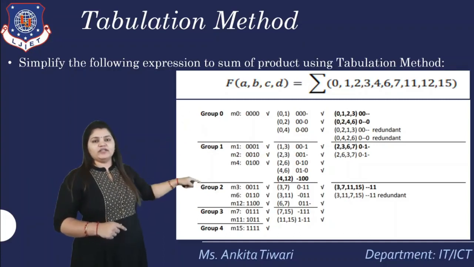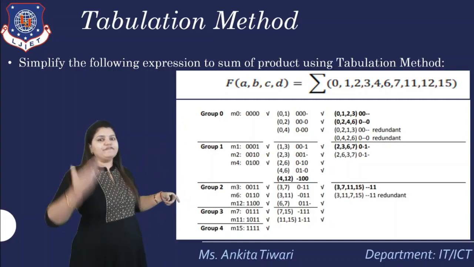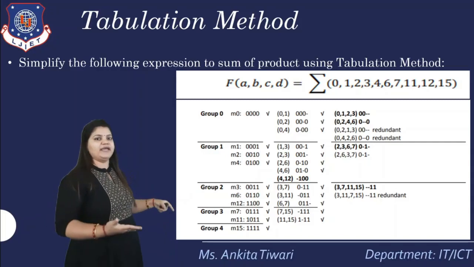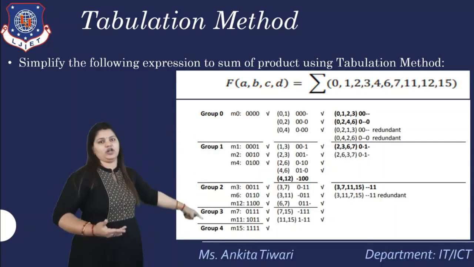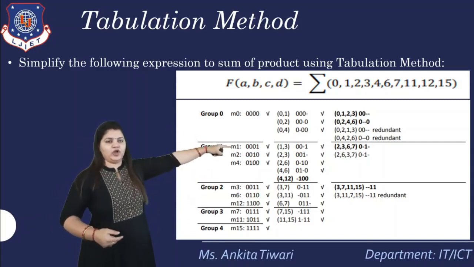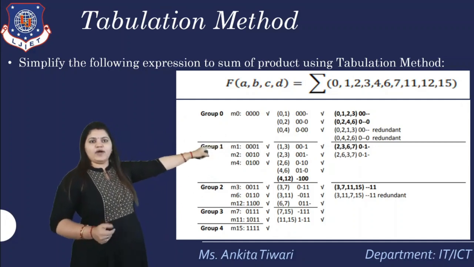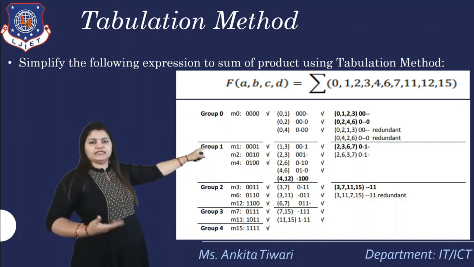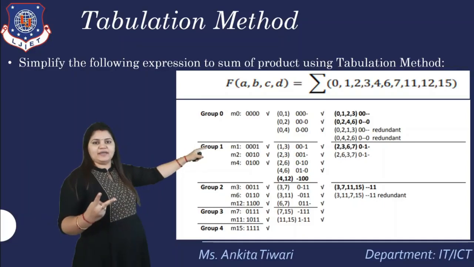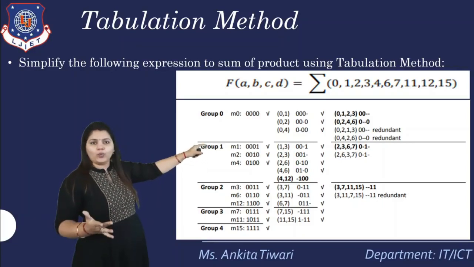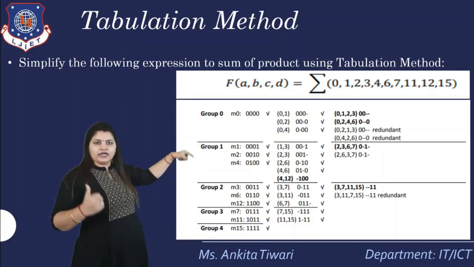Now after 0, 1, 0, 2, that means 2, 2 pairs, we'll go for the 4 pairs. Means now we will make the pairs from the second column to the third column. Okay, we'll see, like 0, 1, 0, 2. Is it possible? Are any two positions the same and 2 different? No. So we will see for another bit position.